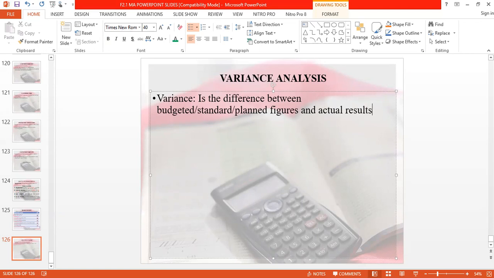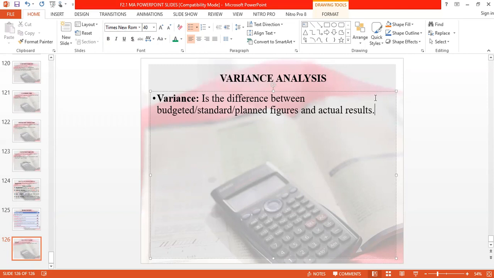It's the difference between budgeted figures and actual what? Results. So if somebody asks you what is a variance, you'll tell him variance is the difference between your budgeted figures